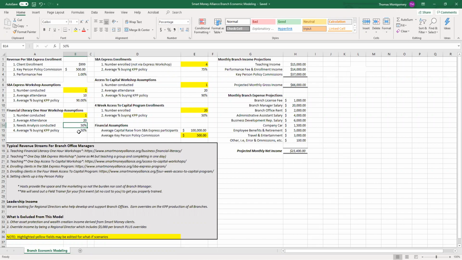So we're assuming that 50% of the 50% will buy some sort of policy from you, which would be 5 new policies from one workshop. We don't do these individual 1-hour workshops until we've mastered the full-day workshops, just so you know. Otherwise, it's too much too soon. All right, so then the third